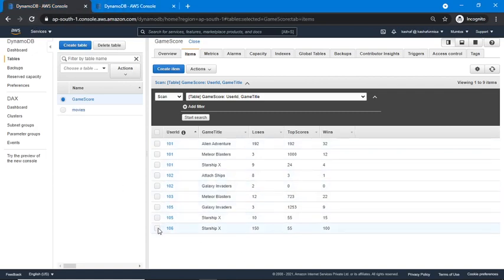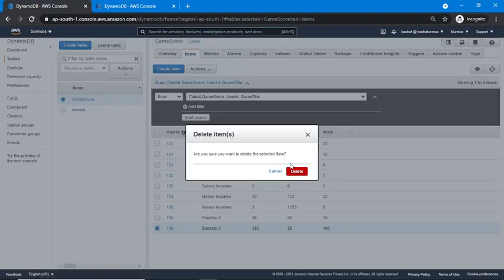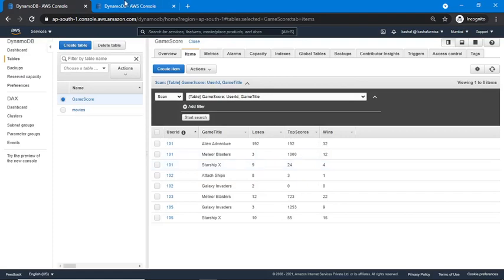Suppose I delete the item. Okay, let's delete. Let's see, refresh this. Yeah, it is gone. So all add, update and delete operations get replicated in another region in another table.